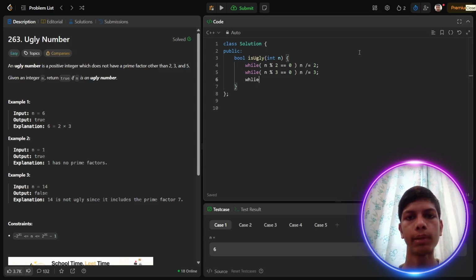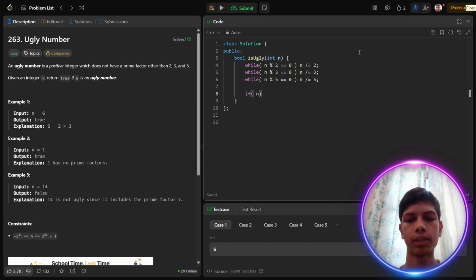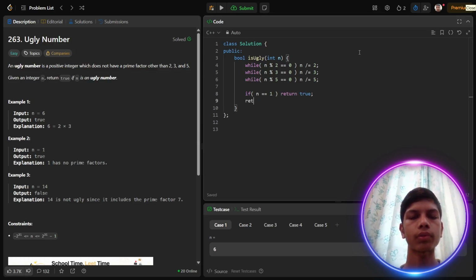If it is not divisible by 3, it will be divisible by 5, so divide by 5. If after performing these three operations my result is 1, if n is equal to 1, then we will return true, else we will return false.